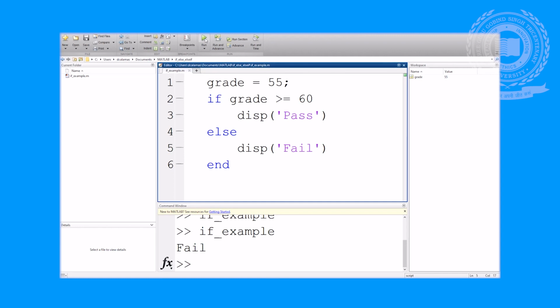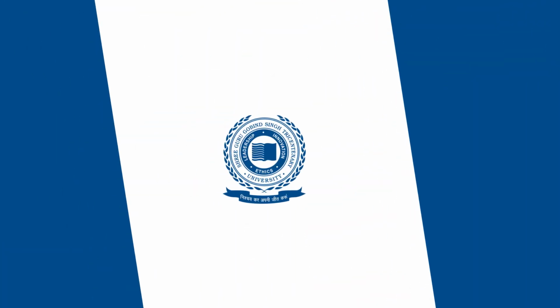Now while this is much more desirable than just using an if statement alone, if we want to have more than one logical expression, so for example it may be more desirable to show the letter grade that we have received in the course. However, we would need to use more than one logical expression to find out what letter grade we have received, and this leads us to the else if conditional statement.